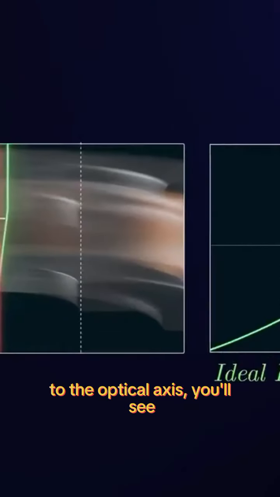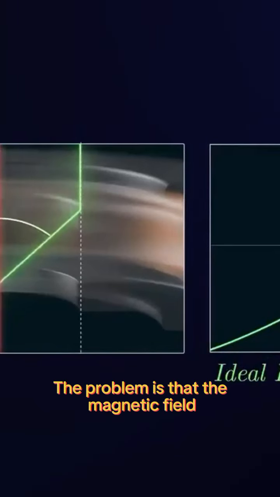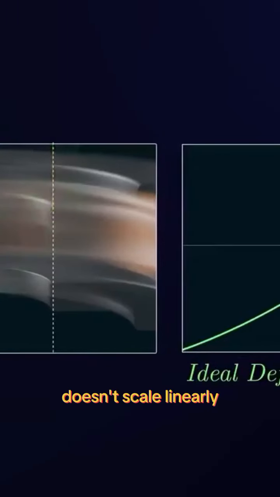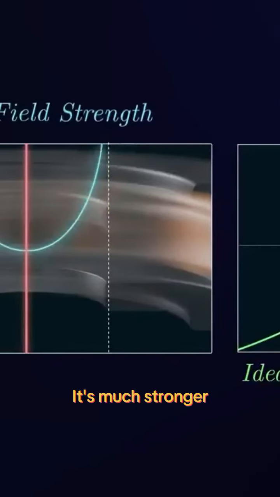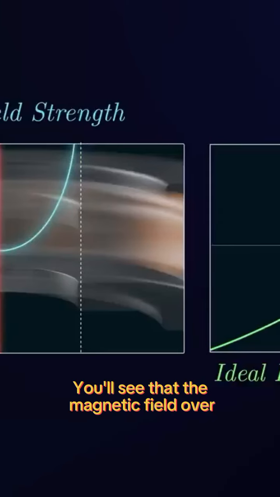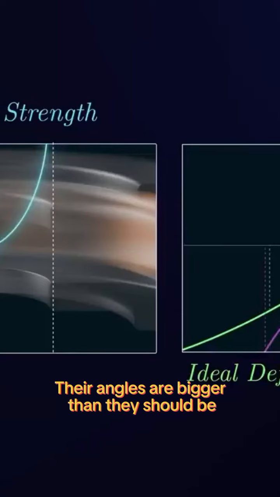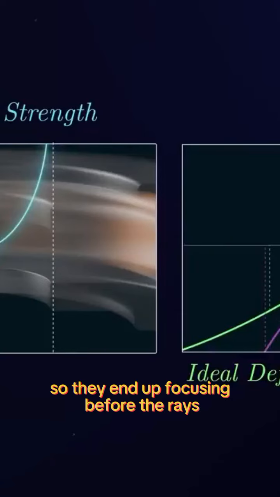If you graph this angle as a function of distance to the optical axis, you'll see that it can be approximated as linear. The problem is that the magnetic field doesn't scale linearly. It's much stronger near the edges of the magnet. So if you plot the curve for the actual deflection of the electrons, you'll see that the magnetic field over-deflects the electrons further out. Their angles are bigger than they should be, so they end up focusing before the rays